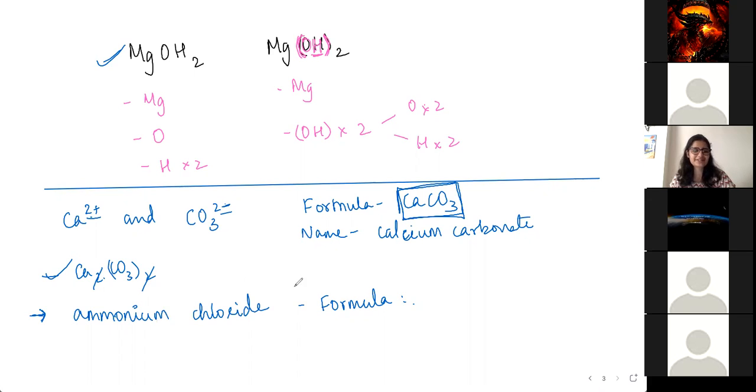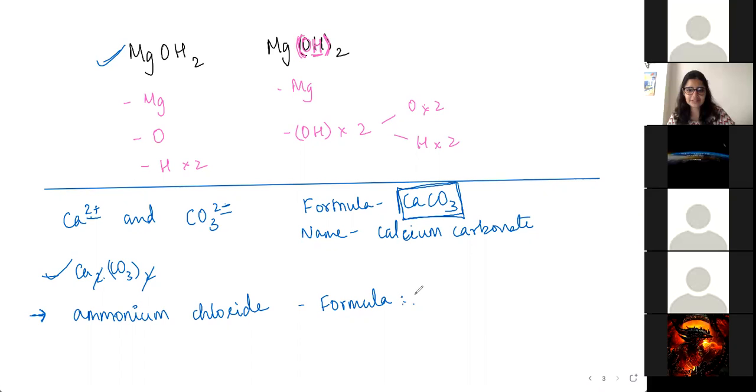Swayam, I already mentioned, you don't need to put it here. Aryan, you need to be careful about what is capital, what is small. Yes, ma'am. Okay. So the formula of ammonium is NH4. The valencies of both, all of you got it right. So it's NH4Cl, the formula for ammonium chloride. Okay. One more.